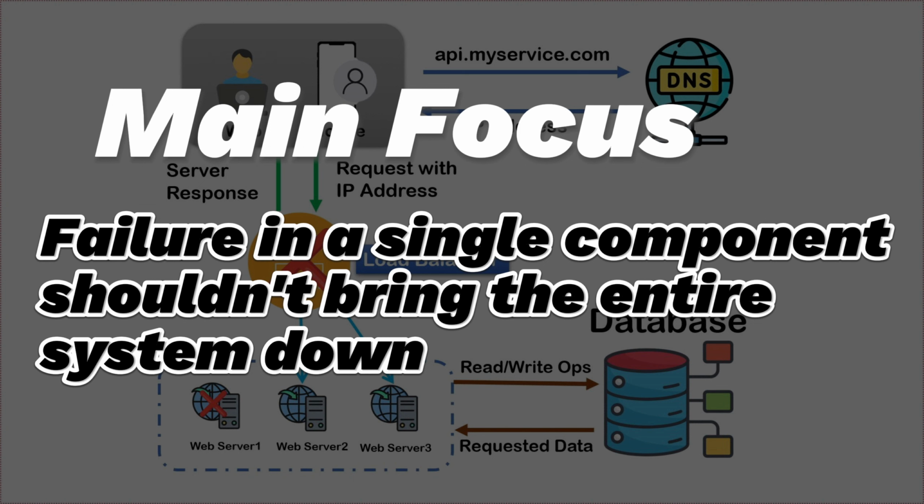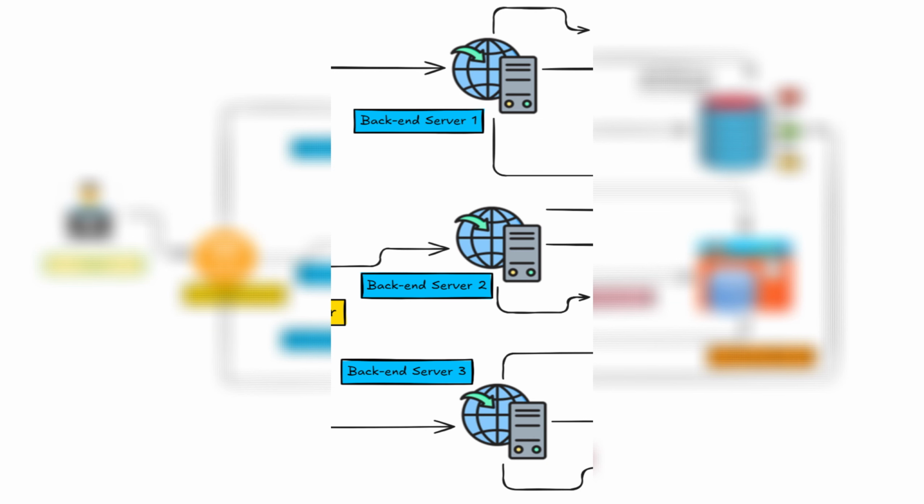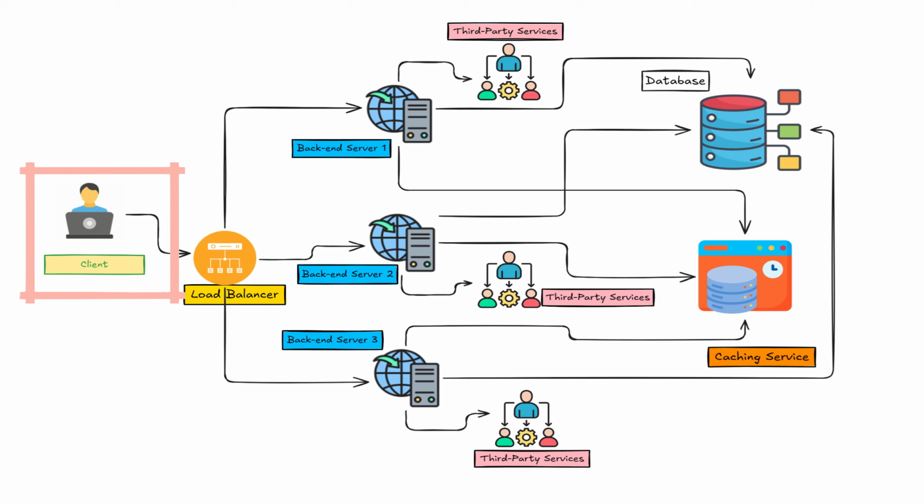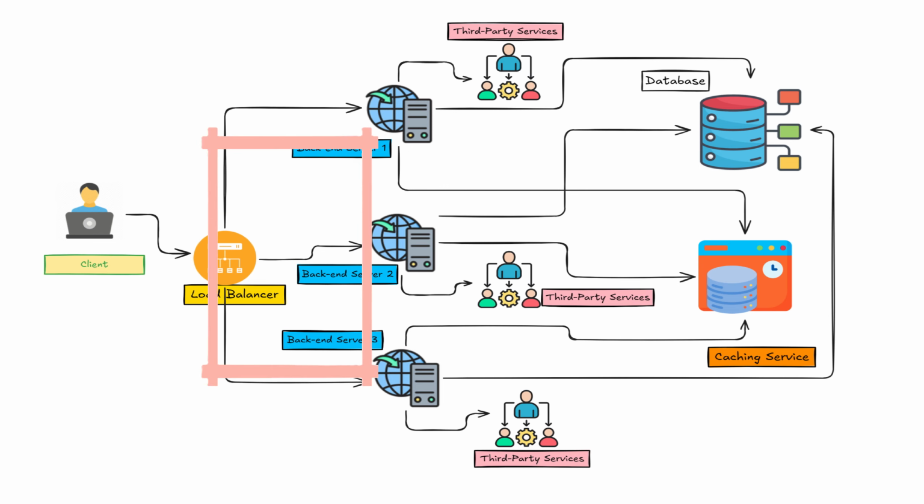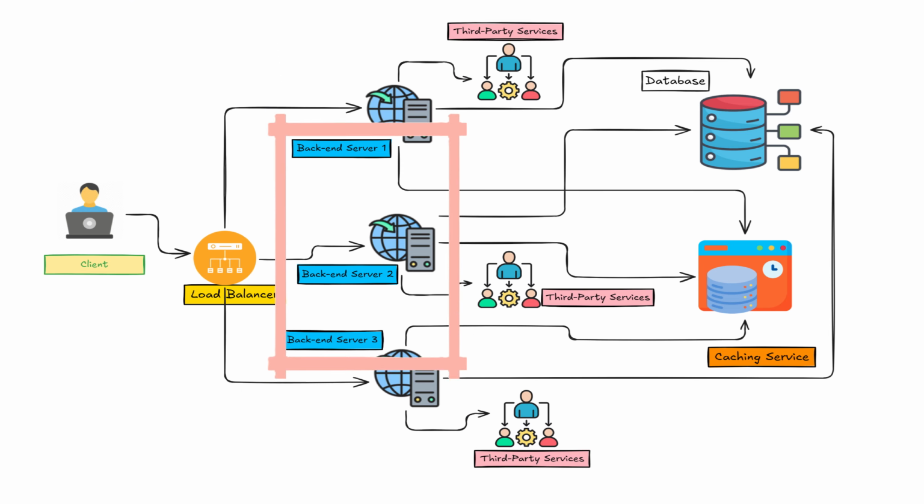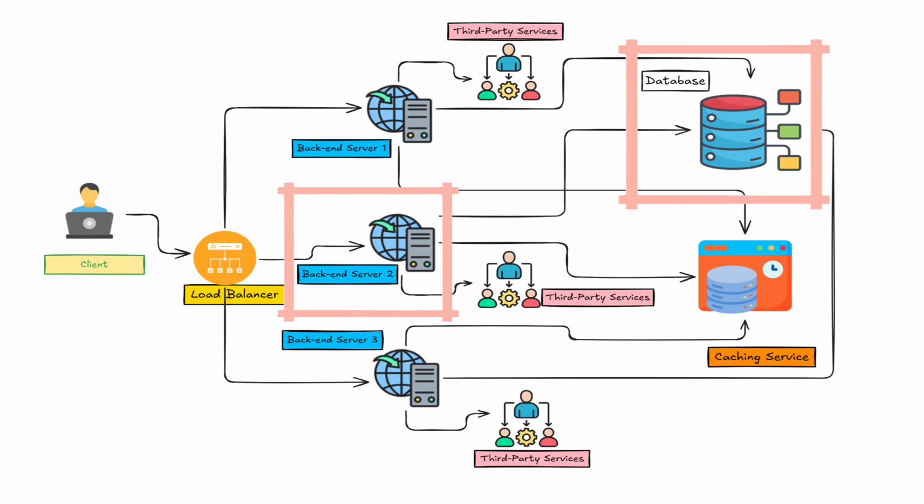Let us try to understand this with an example. Imagine a system with 3 backend servers that connect to a database and other third-party services. In this system, the client sends requests to the load balancer, which distributes the traffic across 3 backend servers. Now, whichever backend server receives the request will handle the processing by connecting to the database or other external services